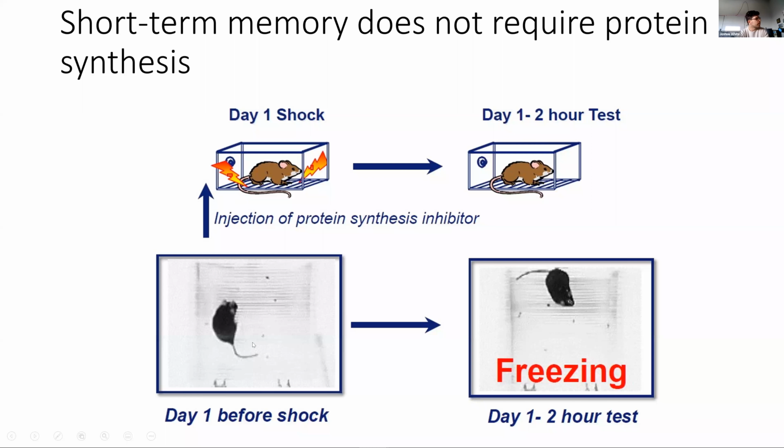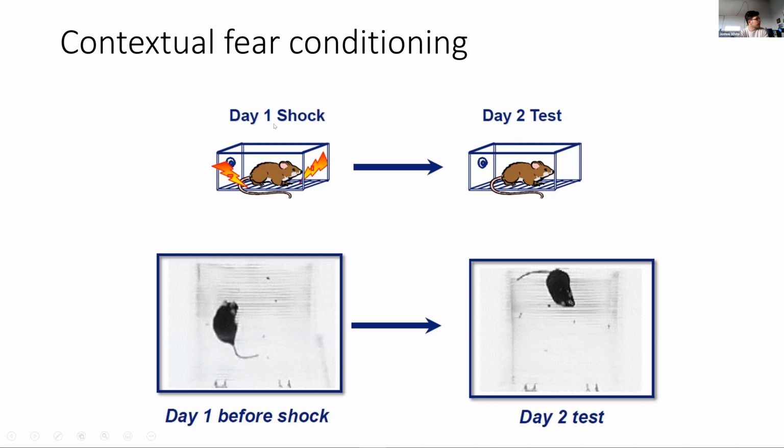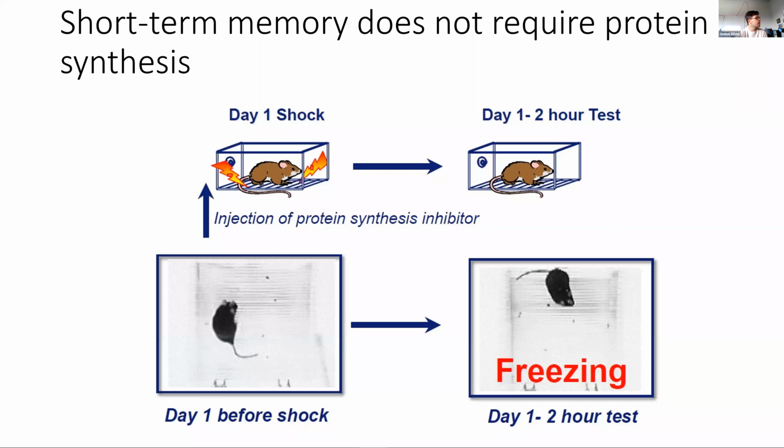Basically, if you give a little foot shock in this context, and then the next day you put them back in that context, they will already freeze, remembering the foot shock. Just that context itself will produce the fear memory, and they will recall that they were shocked there before. If you inject a protein synthesis inhibitor,